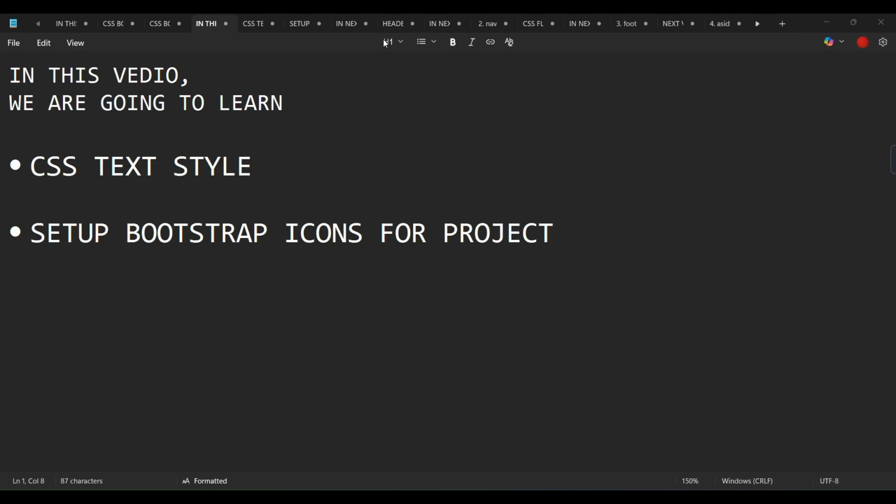Want to style text like a pro and add beautiful icons to your website using CSS and Bootstrap? In this video, we will learn CSS text styling properties such as color, font size, font family, text align, text decoration, transform. We will also see how to use Bootstrap icons to add modern responsive icons to your website without images. This video is perfect for beginners in web development, HTML, CSS learners, and anyone who wants to design clean